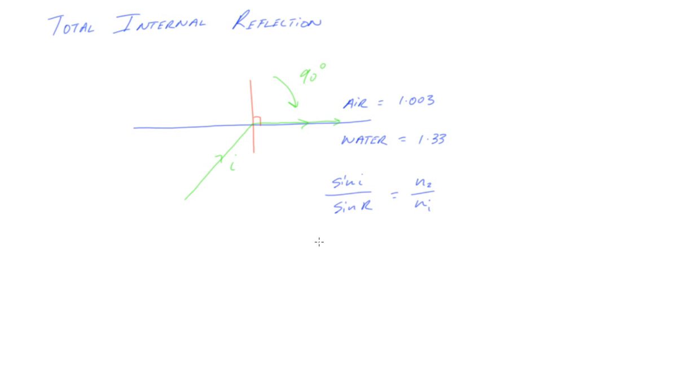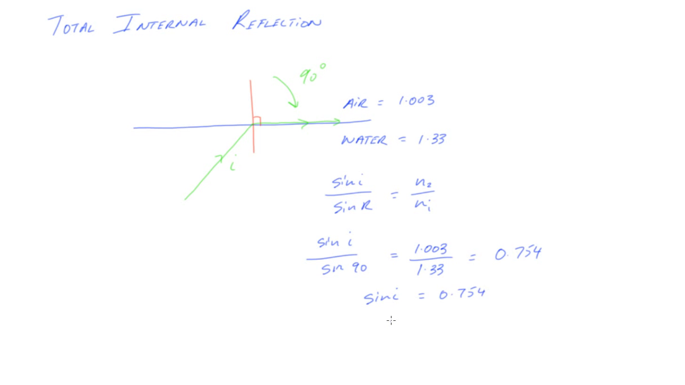Alright, let's substitute our values. So sine of i, we still don't know what it is, over the sine of 90, which is equal to 1. And n2 is going to be the air, so 1.003, and the water is 1.33. And that actually calculates to be 0.754 roughly. Please note, until your final answer, you should keep all the decimal places in your calculator, and you'll round it out later. So sine i is equal to